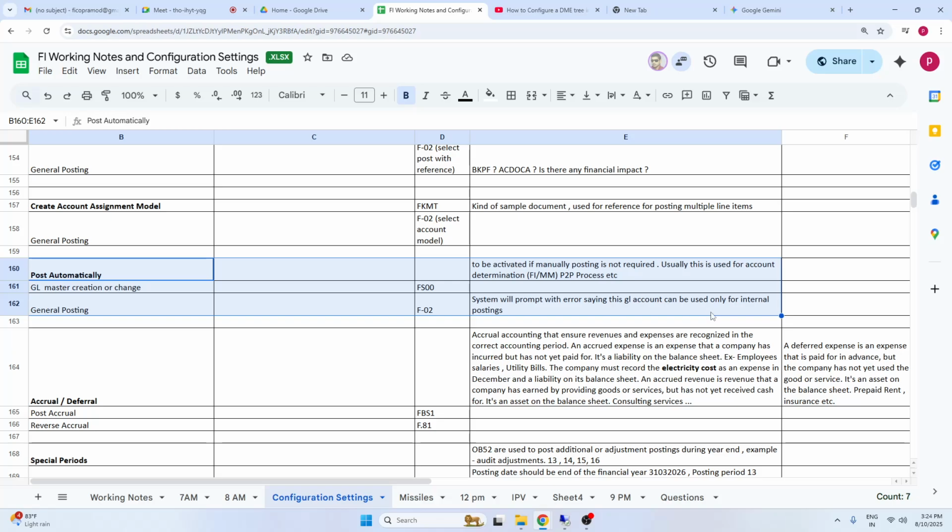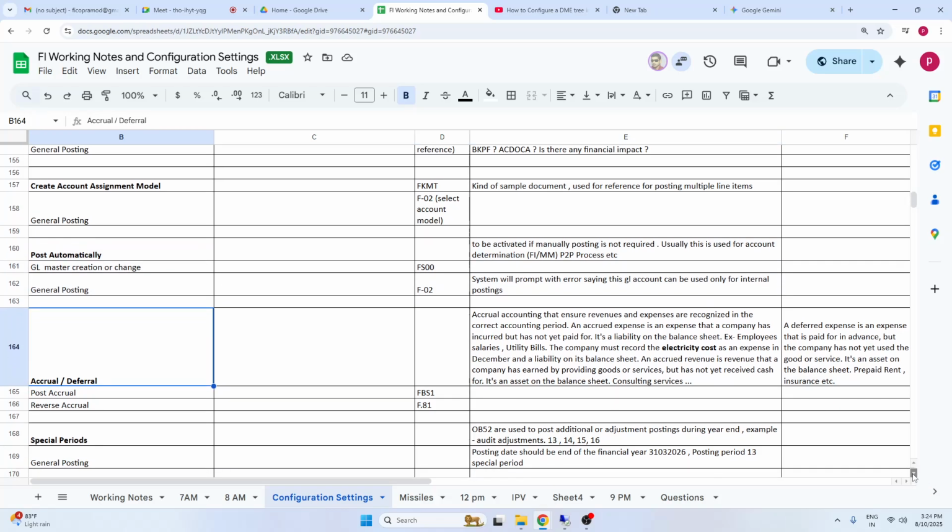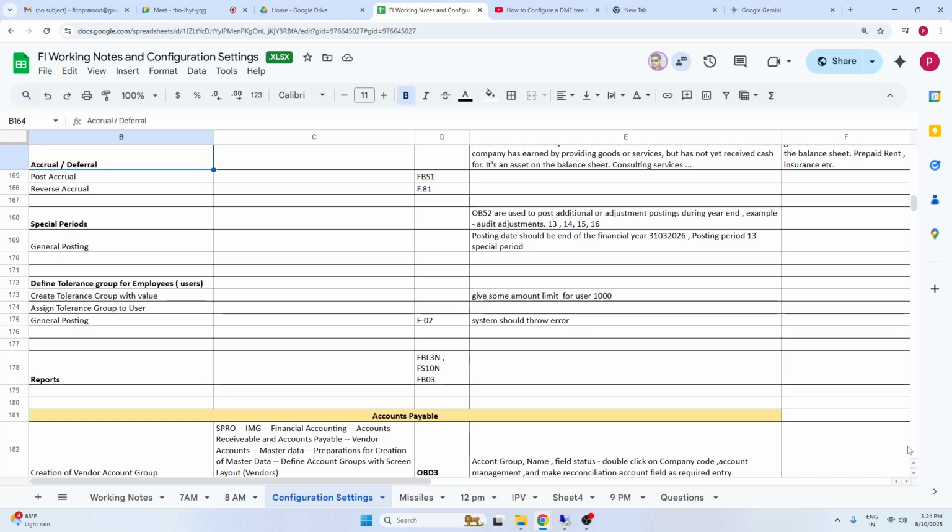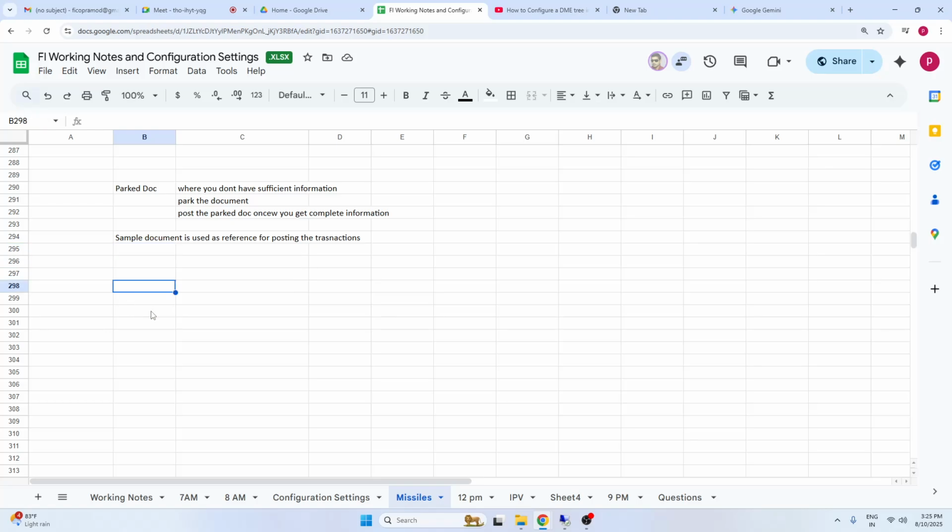Yes. Okay. Accrual, deferral. Can anyone tell me different examples? Give me one example for accrual or deferral. Any accrual example? Accrual expenses.